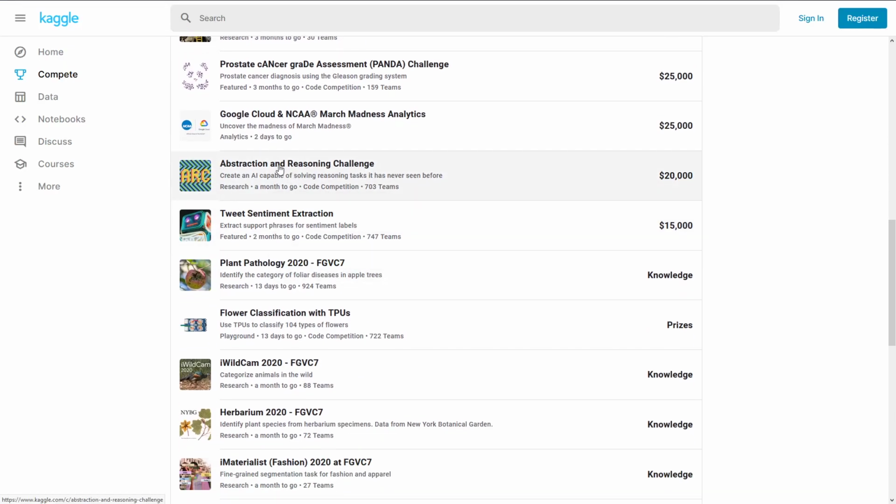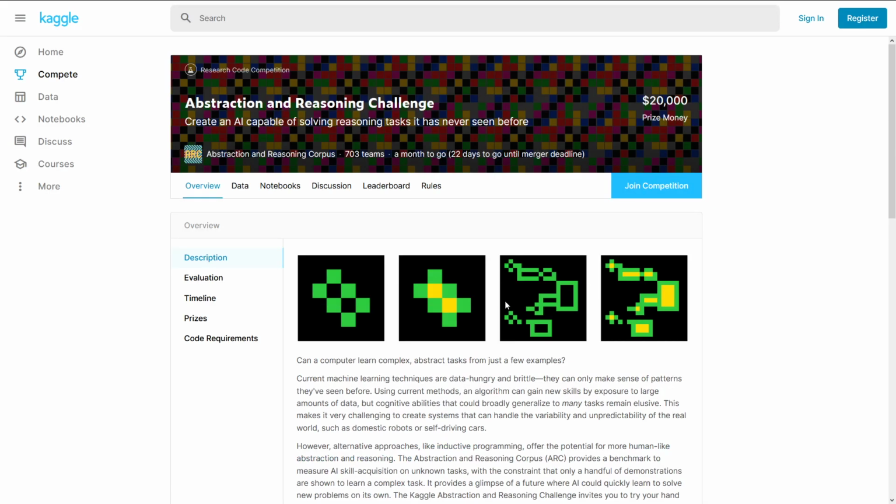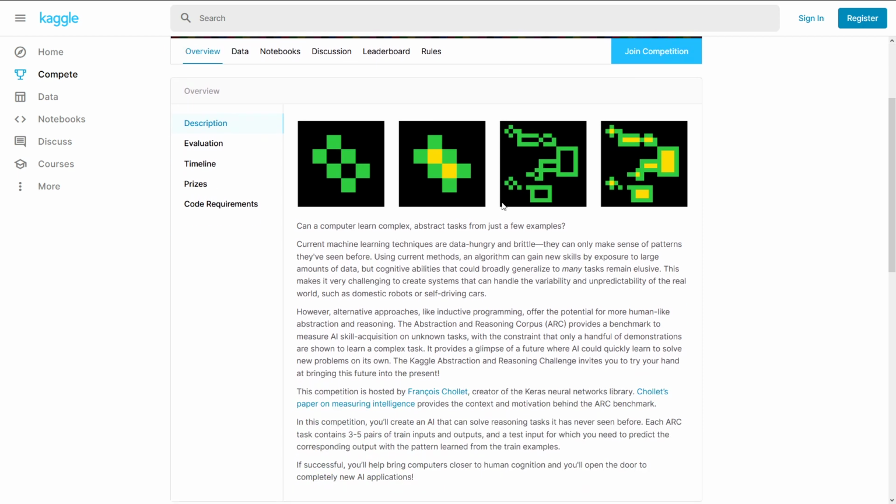Next, the Abstraction and Reasoning Challenge. Okay, this one is actually, I would say, $20,000 is way too little for this competition. I think it's almost disrespectful to only ask $20,000 for this competition, because what they're solving here is really a hard problem. So basically the idea is the following: can an AI learn to solve abstract tasks